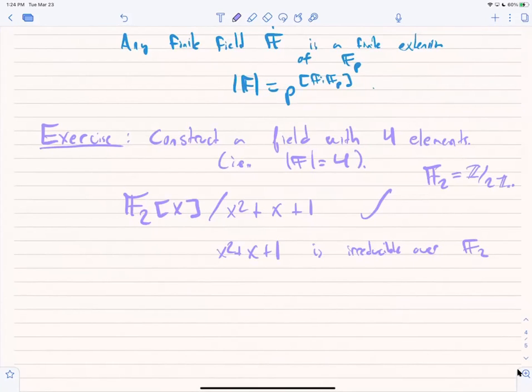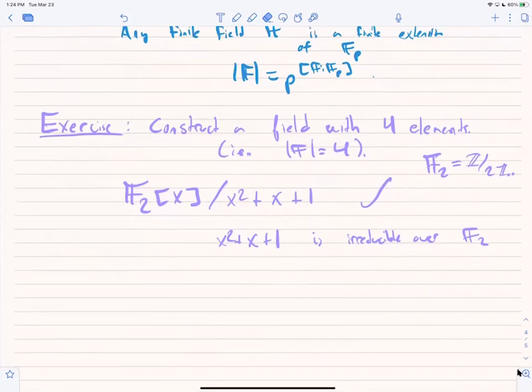So a degree 2 or degree 3 polynomial over any field is irreducible if it has no roots, because if you write down all possible types of factorizations, you're always going to have a linear factor if you factor non-trivially. So to check whether it's irreducible, you just have to check there's no roots. If I evaluate at 0, I get 0 plus 0 plus 1, which is 1. And if I evaluate at 1, I get 1 plus 1 plus 1, which is 3, which in Z mod 2Z is 1. So also non-zero. So this is irreducible over F2, and thus,